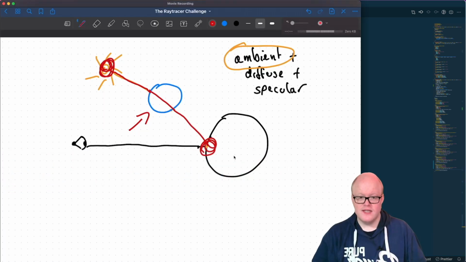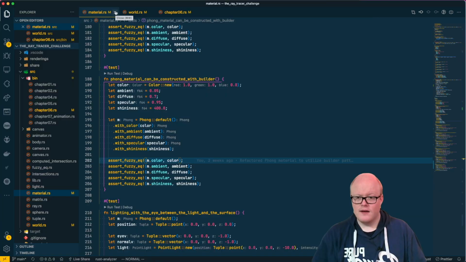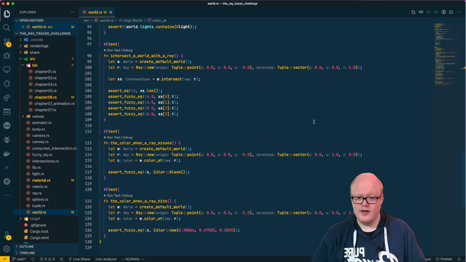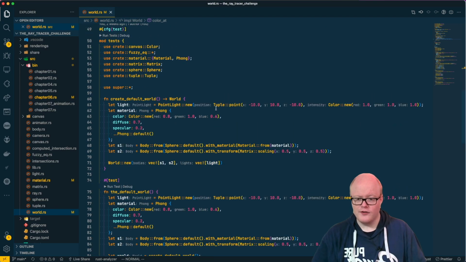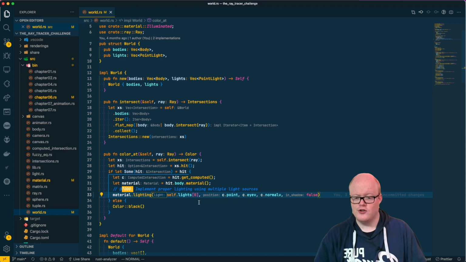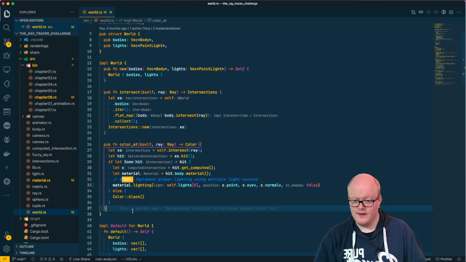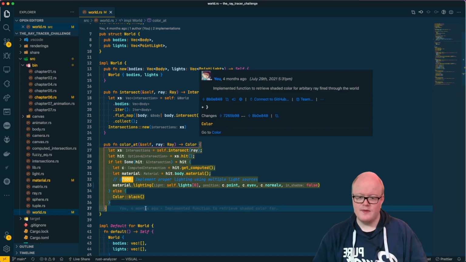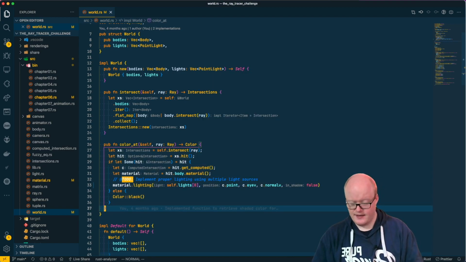And we are using exactly this concept here, which I've explained before, to do so. Therefore, let's see, where is our calculation? Of course, it is within the world, because in our world, I guess, we have this color add implementation, and our color add implementation should exactly be what we want to look at, I guess. So we could either implement this within this function, or we could create another function, which we then use to calculate this. In order to have this a little bit more readable, I guess we will create a new function,